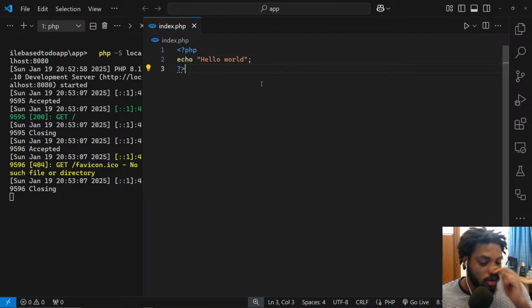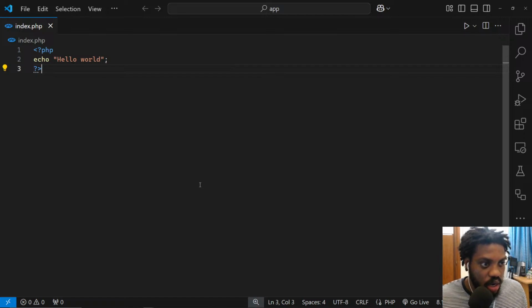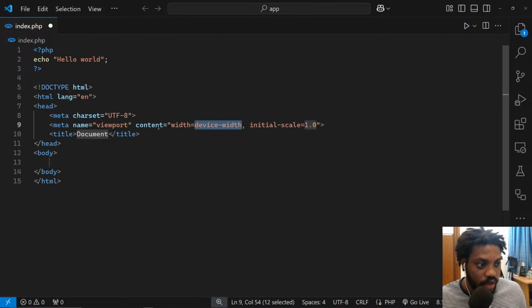So to build a to-do list app, we will need a form through which we'll submit our to-dos, and we are going to make use of the file system to store the list of items we are trying to mark as our to-dos. So we'll create the form inside of HTML. I'll come here and change this